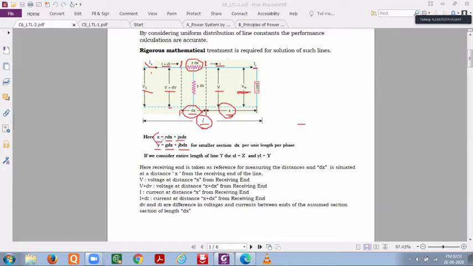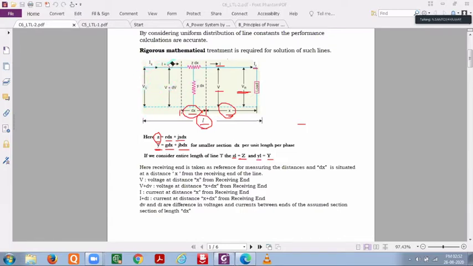When I multiply this small z with the capital total length, I'll get the total impedance of the line. Similarly, if I multiply my shunt admittance with the total length of the line, I'll get the total admittance, capital Y. Just to differentiate your smaller section of length dx, the total length of the line L, we are writing it as small letters and capital letters. That's it. So it's not that comparison, just to have a clear idea, right?